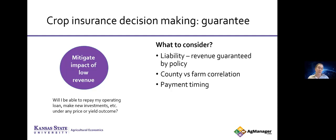In that case, crop insurance might be really important for that specific revenue guarantee. For this, we're mostly gonna look at the liability or the revenue that's guaranteed by each policy. Also important to keep in mind is this county versus farm correlation in terms of yields and the payment timing